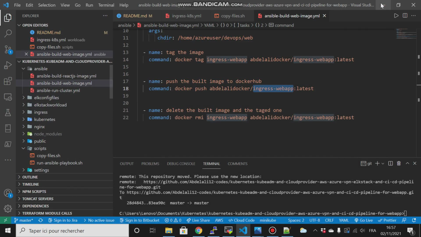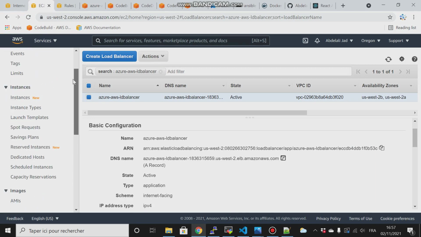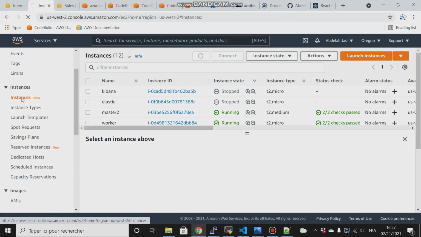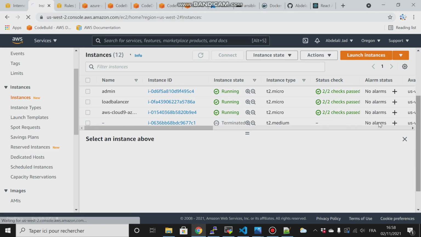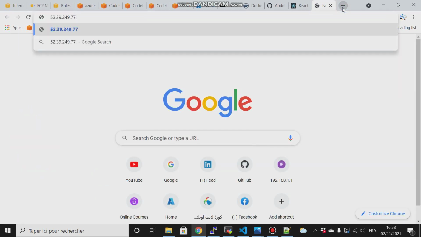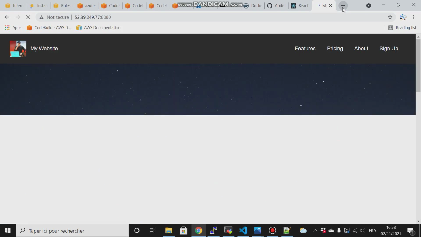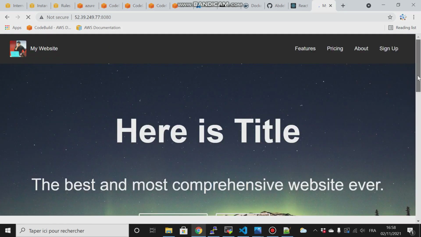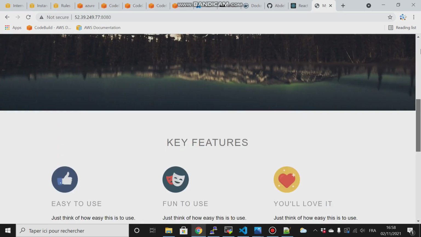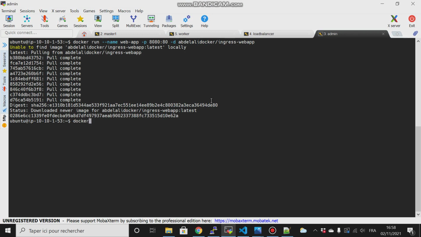So now if I try to go to my instance, the admin instance, copy its address and port 8080, then yes, that works as we expect. That's fantastic, amazing. So what I have to do now is the docker stop, and the name of that is whipup,